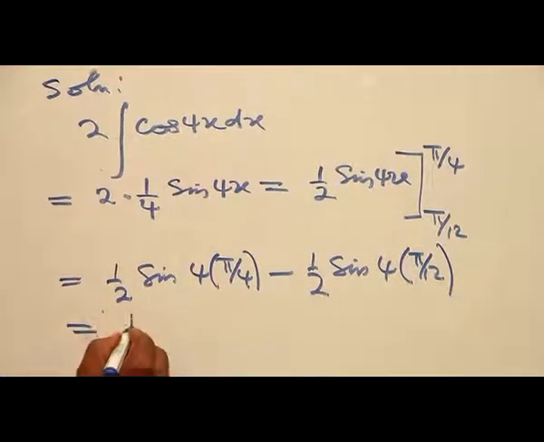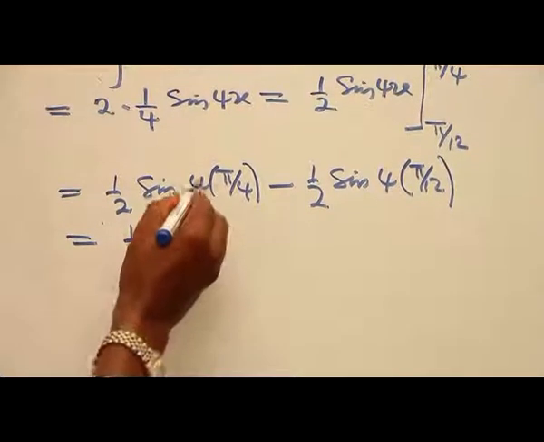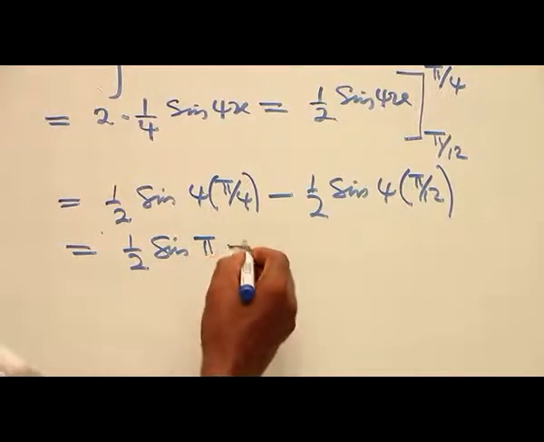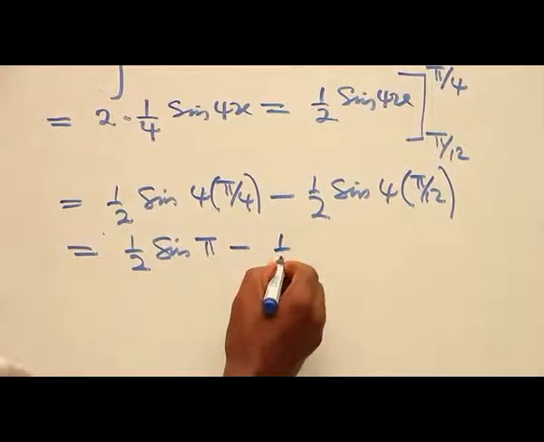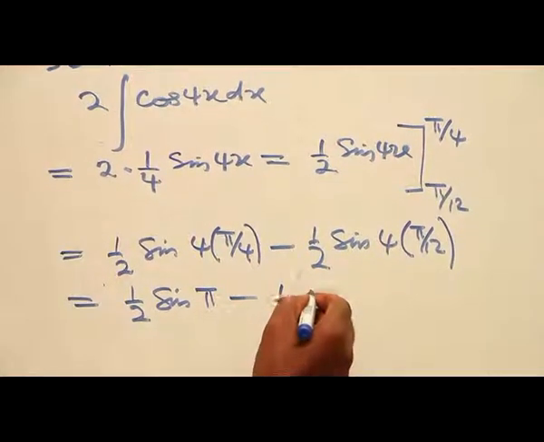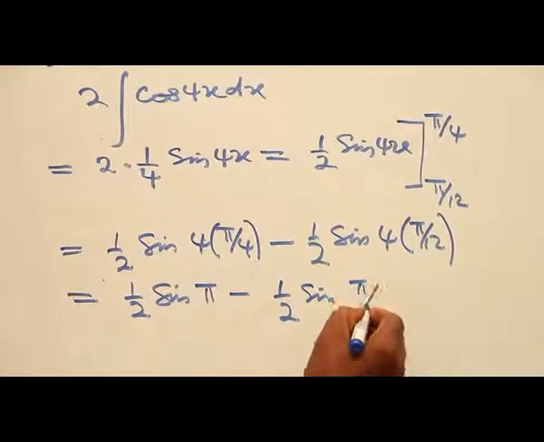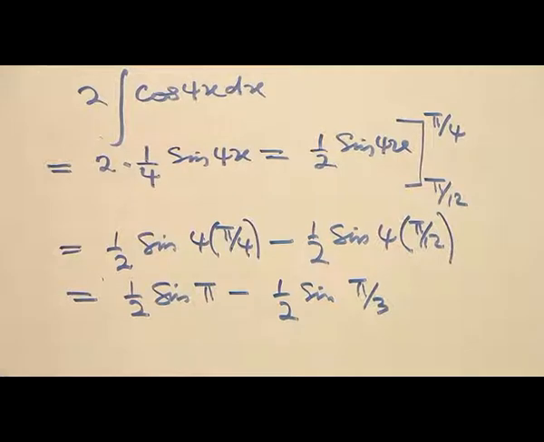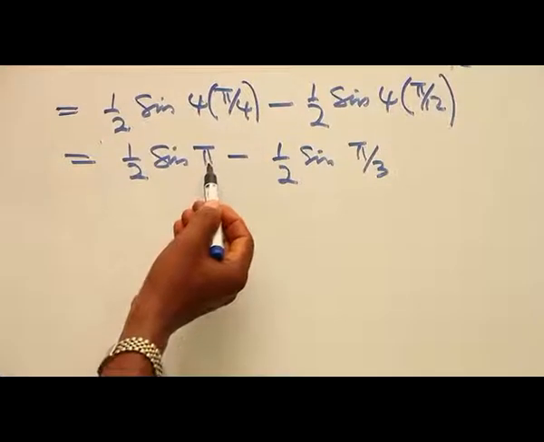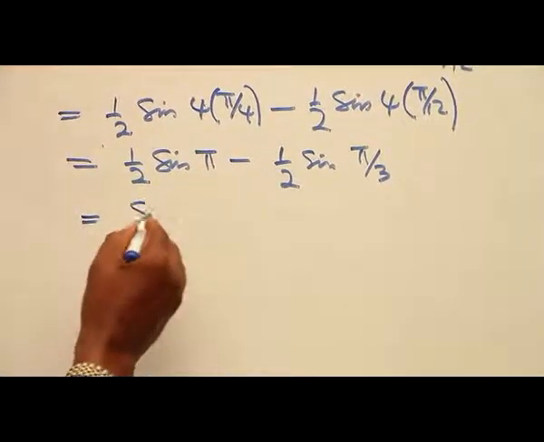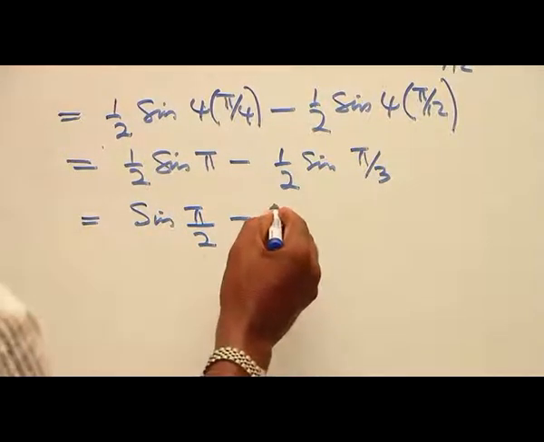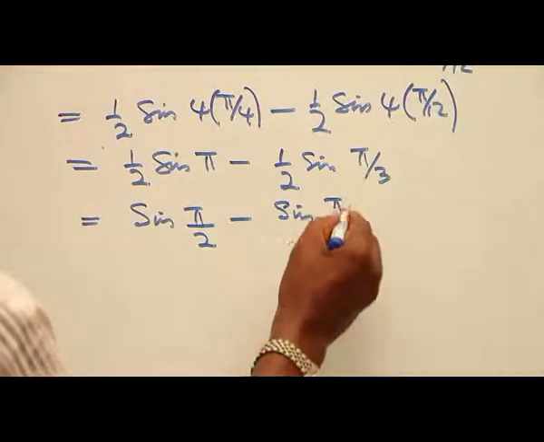So then we simplify this to give us half sine 4. We cancel 4. That will remain as pi, minus half into what we have here now is sine of pi all over 3. First and foremost, we must recall that we have half in this place. So this means we have the sine of pi all over 2 minus the sine of pi all over 6,